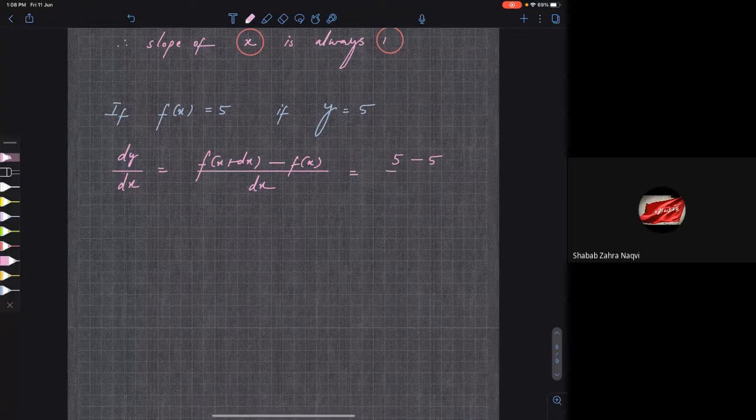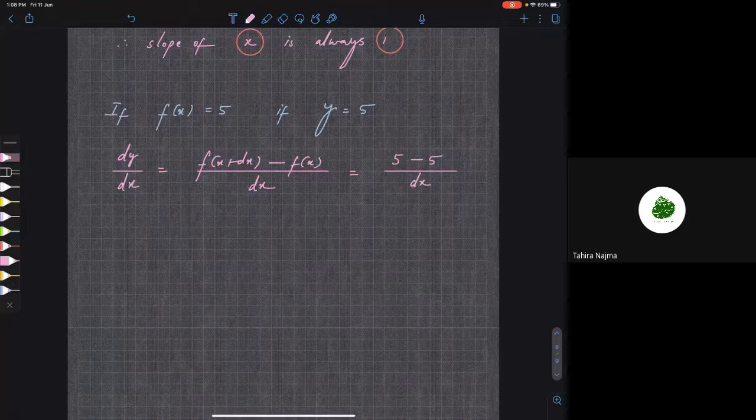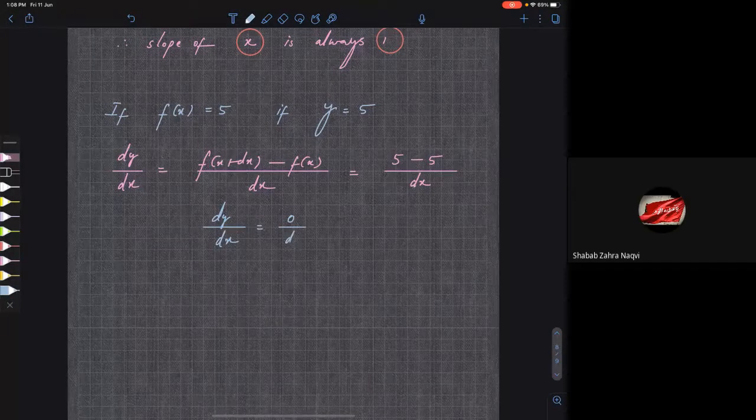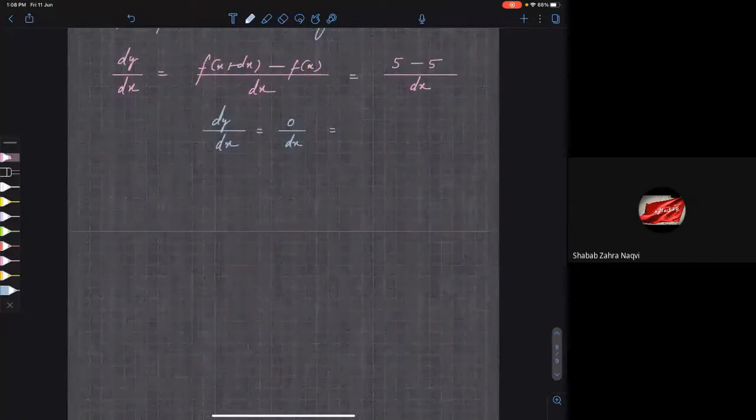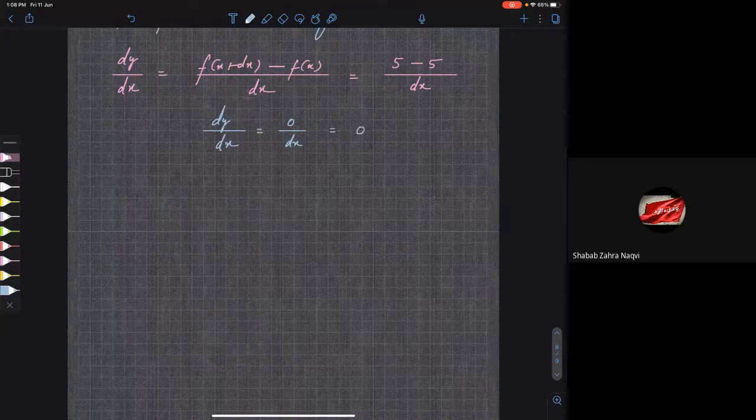You're getting my point? Yes. So irrespective of the value of x, it is always 5. So by dx you'll get 0 by dx. So what is the value of dy by dx? Tell me. 0, sir. 0. Now we know that dx is a small number, but 0 is still smaller, right? What do you mean by dx? dx is like 0.00001. It doesn't matter. So 0 by 0.001 is still 0. Correct? What is dy by dx? 0.